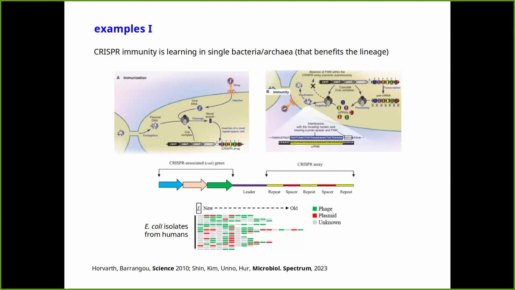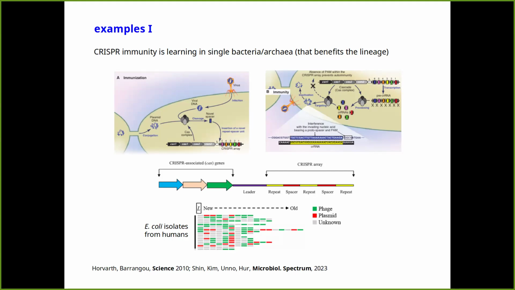Okay. So the first example, and it's probably my favorite example, actually, because it comes from a bacterium. A single bacterium exhibits exactly the kind of learning that's outlined in the definition I gave on the previous slide, and exhibits this through CRISPR. You may be familiar with CRISPR as the great biotechnology. It's won Nobel Prizes for the people who worked on it. This is not the biotechnology. It's the biology from which we've kind of vandalized the biotechnology.